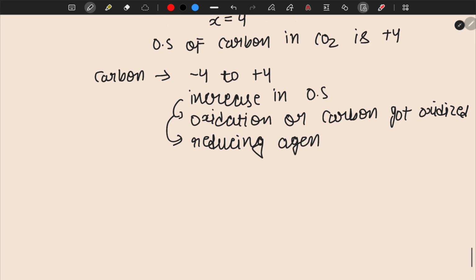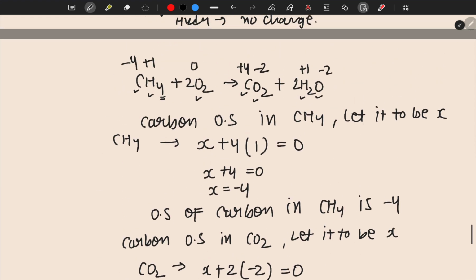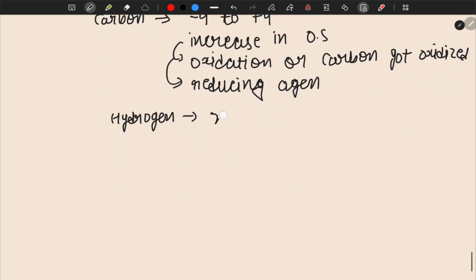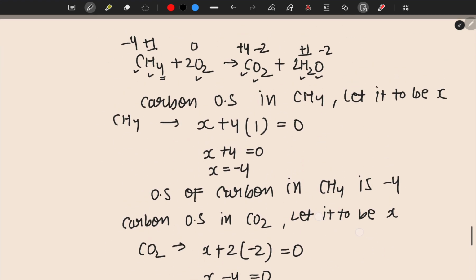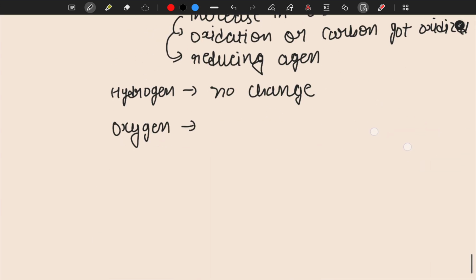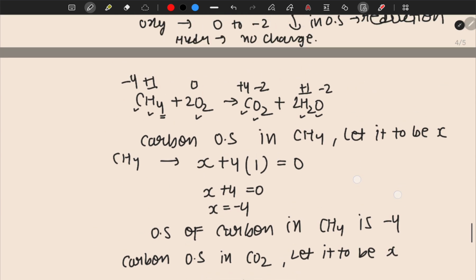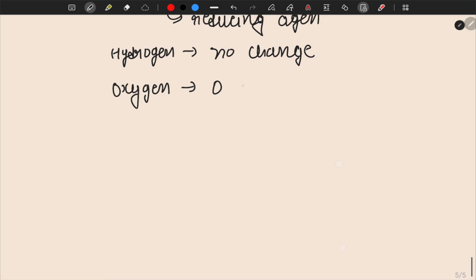Now let's find out which thing is reducing. So the next species is hydrogen. Let's see what's the oxidation state of hydrogen. Here it is +1, here it is also +1, so there is no change. So if there is no change, we don't worry about the hydrogen. Let's look at the next species, which is oxygen, because there is no other species: carbon, hydrogen, then oxygen. So oxygen, on the left hand side it was 0, on the right hand side it is -2, so 0 to -2 means